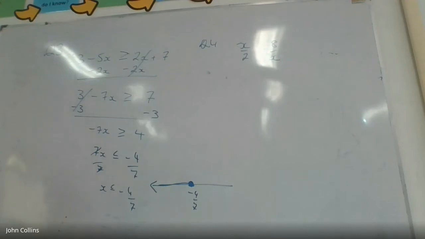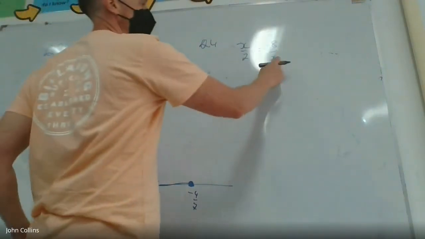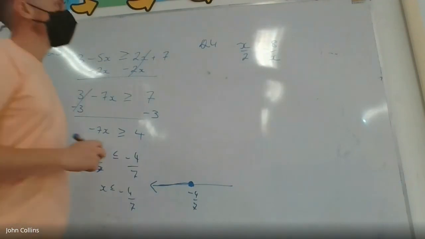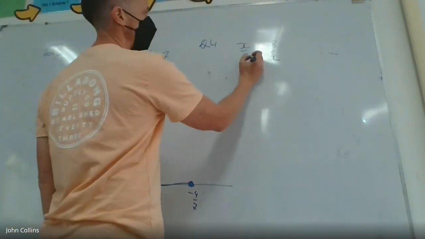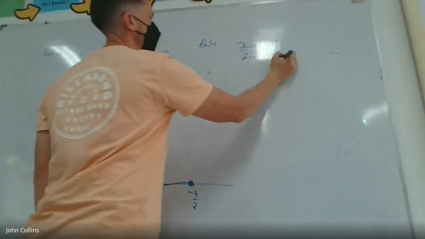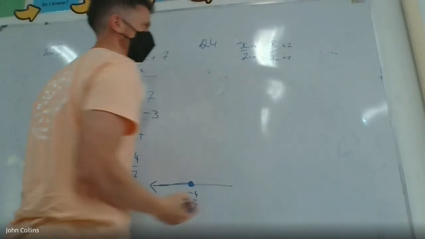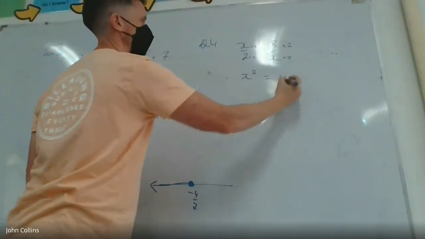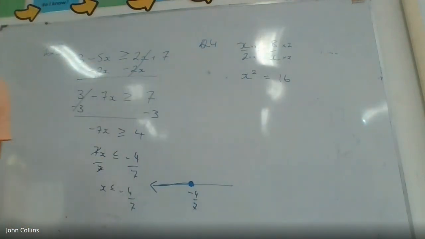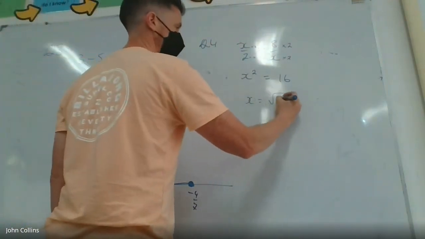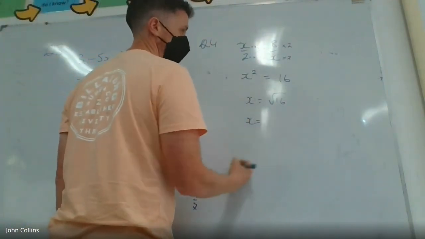Okay, well, my common denominator here is going to be 2 and x together. So that's 2x, the common denominator. So I want this over 2x, I have to multiply top and bottom by x. And if I want this over 2x, I have to multiply top and bottom by 2. End up here with x squared is equal to 16. They're both over 2x, so I can ignore the 2x's. So if x squared is equal to 16, x must be the square root of 16, which of course is